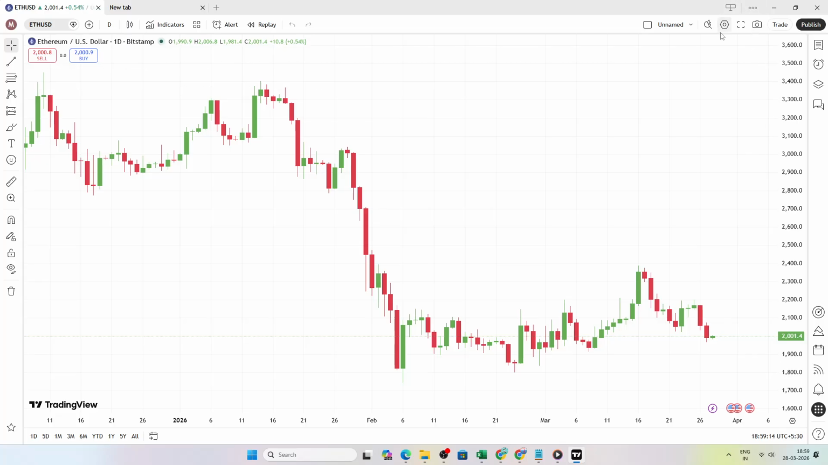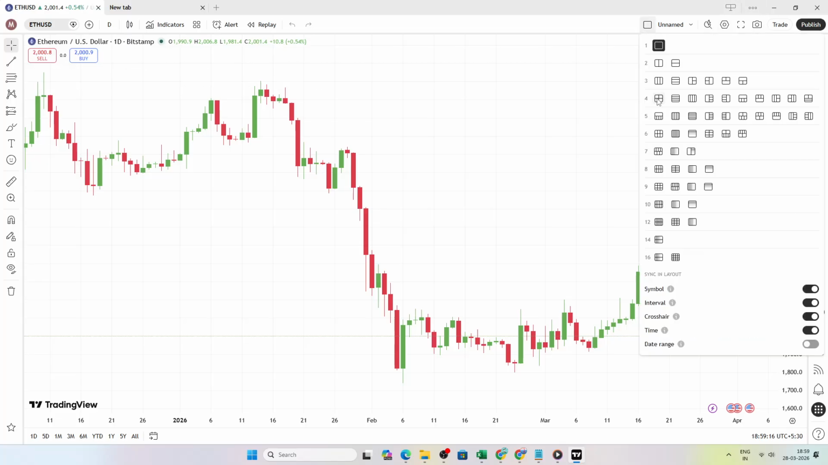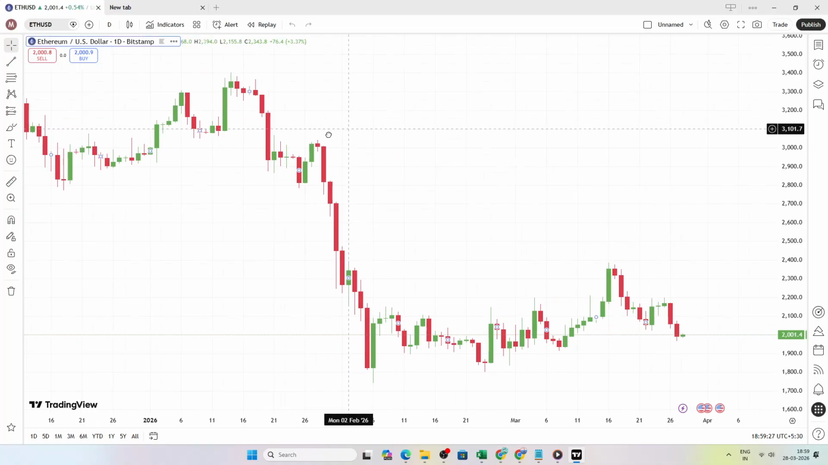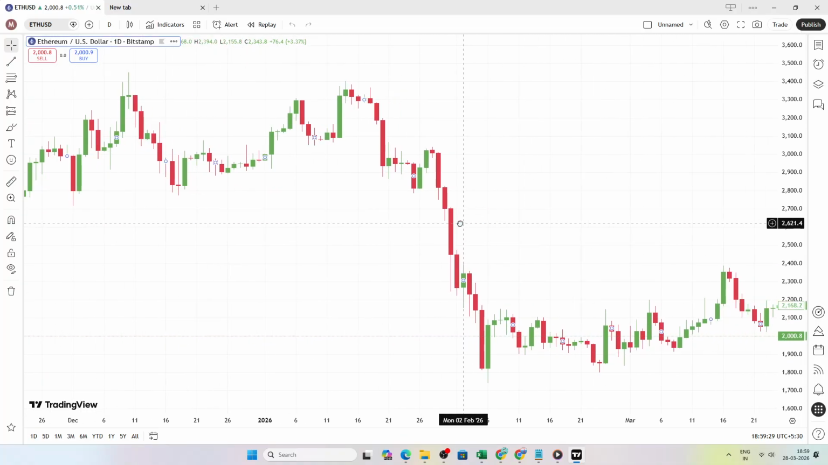Use the Layout button to choose or save a chart layout. You can open a new window for a second chart or an entirely separate workspace, which is great for multi-monitor setups. Drag windows to different screens and arrange them to keep higher timeframes on one side and lower timeframes or